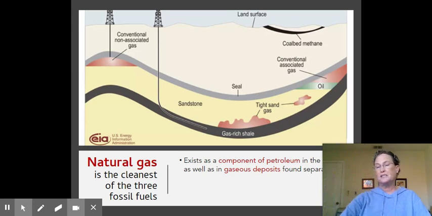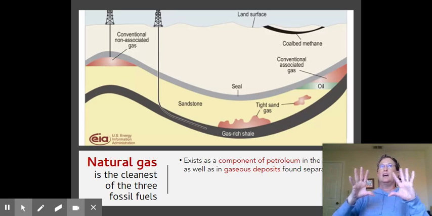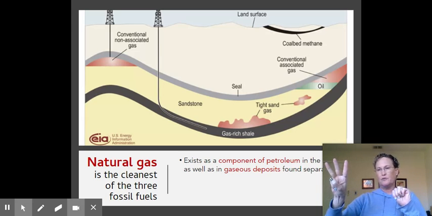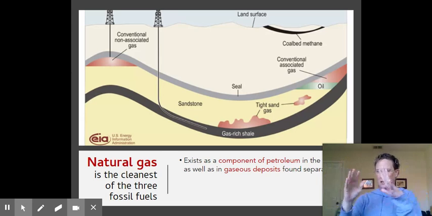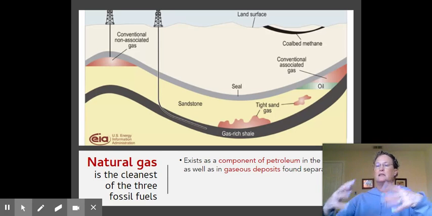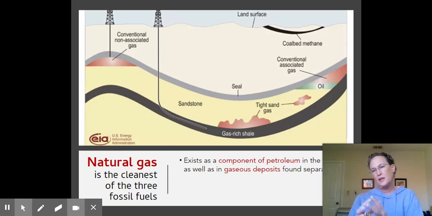So this is gas. Basically, we have the three kinds of fossil fuels. You have coal, which is a solid, oil, which is a liquid, and then natural gas, which is a gas. So we have the three forms, solid, liquid, and gas. That's important. And then they were formed differently underground. Okay, all of this happens without oxygen, and that's why they're so combustible. Because when you add oxygen, you burn things, right? So all this stuff is happening underground. It's happening anaerobically. That's why it breaks down like that.